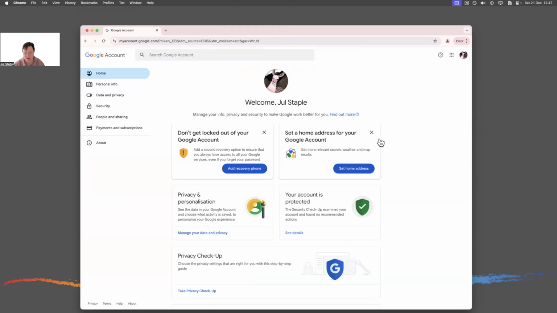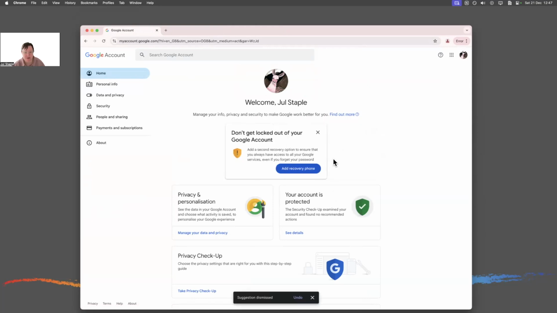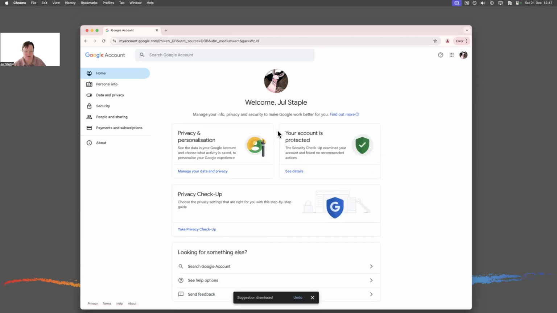Complete and set up. There's a few things here. It wants a home address, your option if you want to put that in. If you're doing a side hustle where you have physical products, it might be worth doing that. And a recovery phone. Again, this is the two-step authorization to have text messages sent as a two-step notification. I don't need that right now, so I'm going to turn that off. Okay, so we have our Google account set up